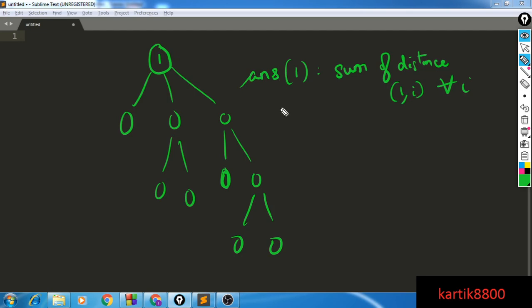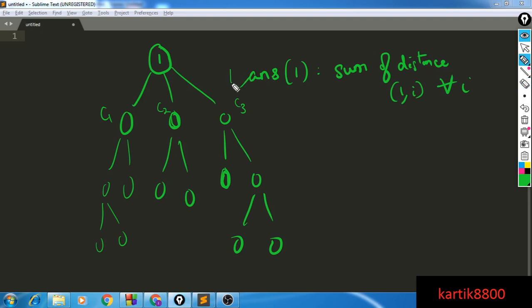And I would like to evaluate this. Let's see how we can break down our problem into smaller subproblems and basically apply DP to this. So I will think, what if I knew the answer for the child nodes of node number 1? So let's say I knew the answer for C1, C2 and C3, assuming that this is the entire subtree here. Let me define one more thing here.